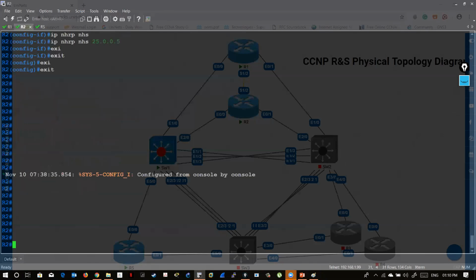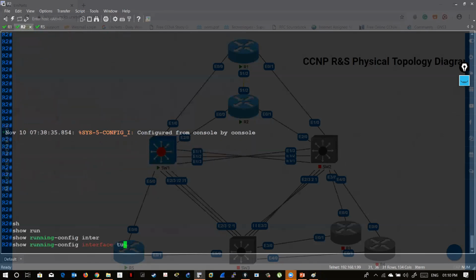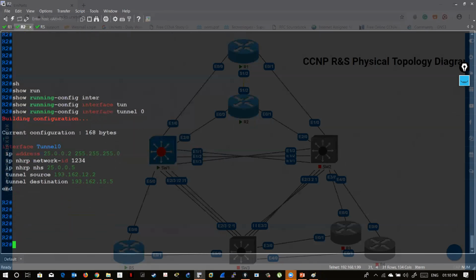And on the spoke, you have told source and destination, which will become point to point, and then you have told what the network ID is and to where it should register. That's it. Your multi-point will be created. Clear? So this is how GRE tunnel works. Clear? So with this, our VPN will be finished,